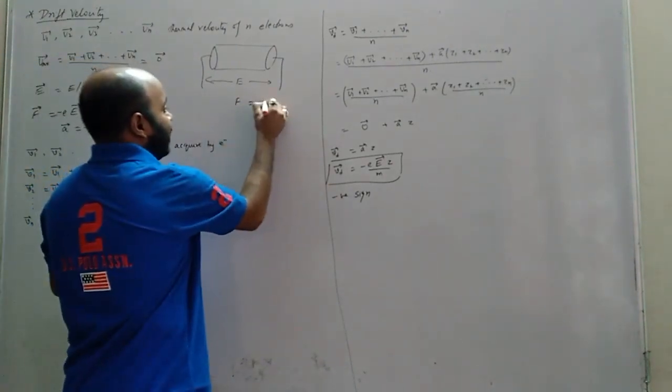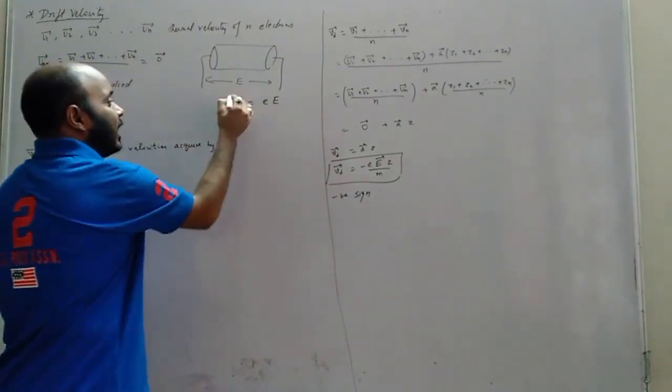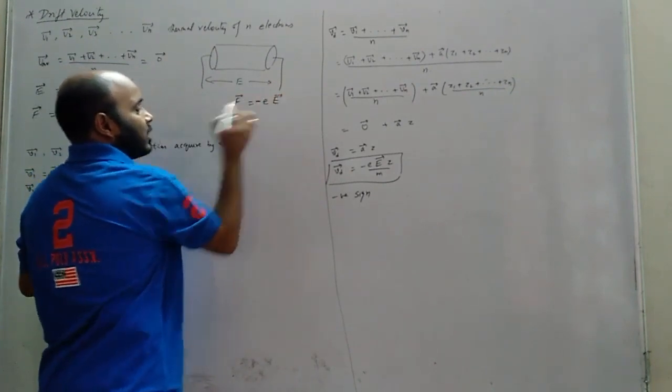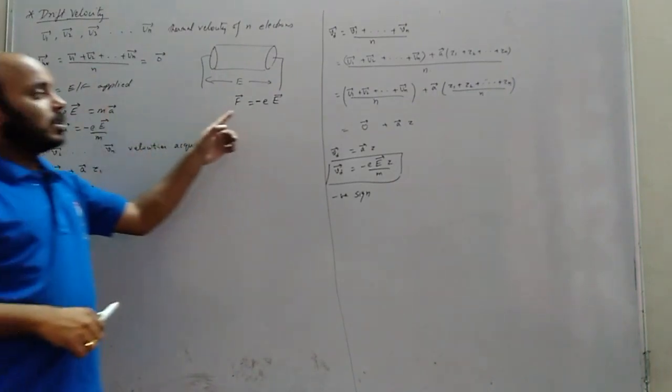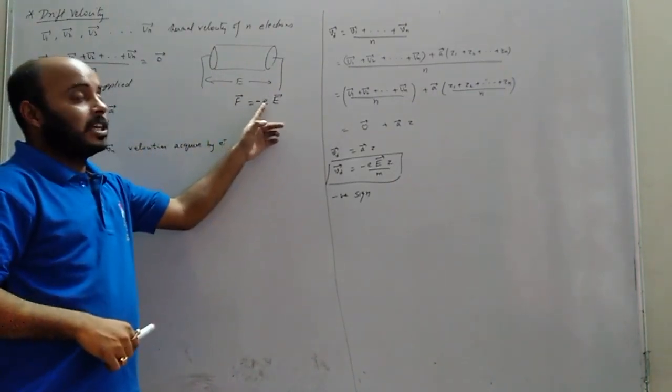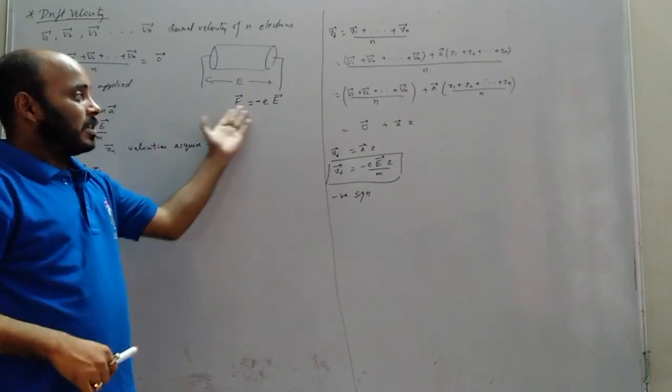F, we write e into E. Now, when we write the vector part, we have to put a minus sign also. Okay, we have to put the sign there only. Okay, understand this well. When we write vectors, we have to put the charge e, this is the formula, especially in this formula.